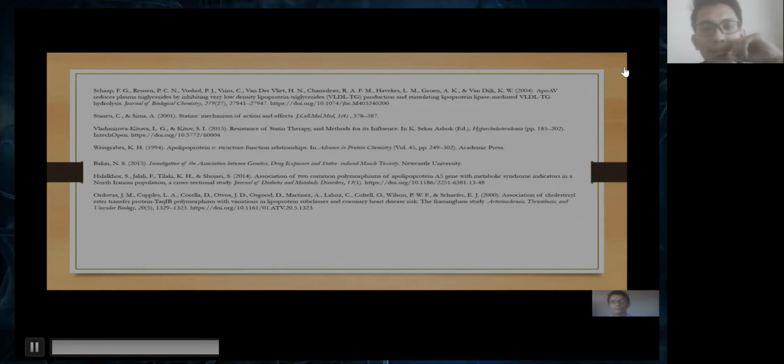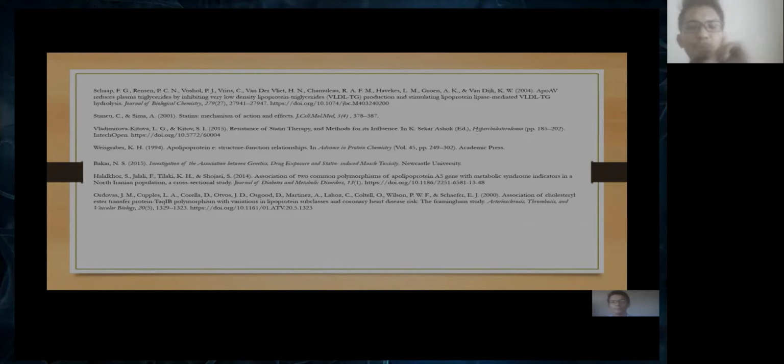For CETP association, there's a previous study in nearby Thailand population around 2018, by Masai and colleagues, which showed similar findings, in which the B2 allele, or you can say the minor allele, had a better response. But for our study, we did not find any significant association for CETP. For our study, we only find association in these three SNPs, which is the APOA5